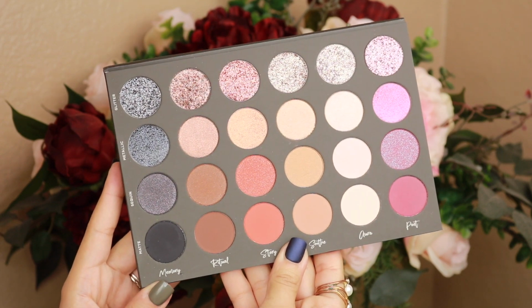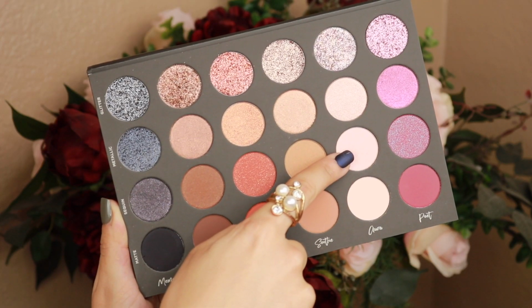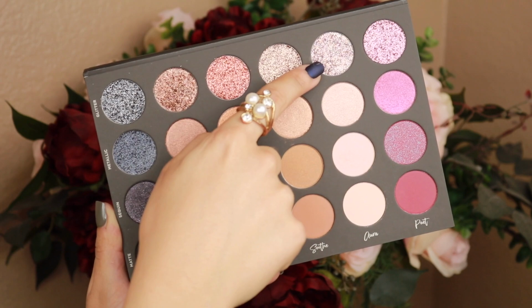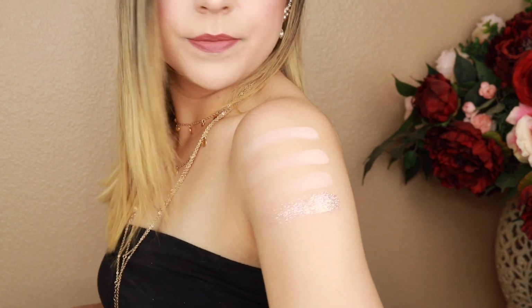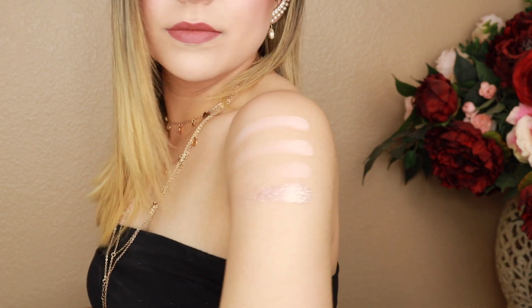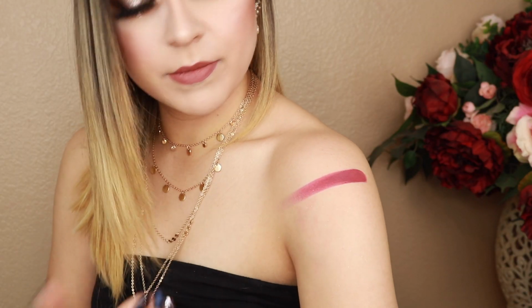And now for the Aura column, we're gonna go into Aura Matte. Next, we're going to go to Aura in a sequin finish, Aura in a metallic, and Aura in a glitter finish. And finally, to my favorite column, this is the Poet column, and we're going to start swatching Poet in a matte finish,